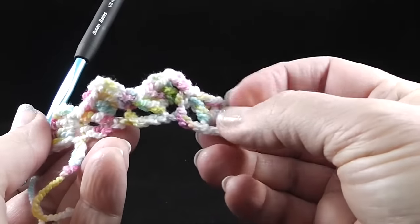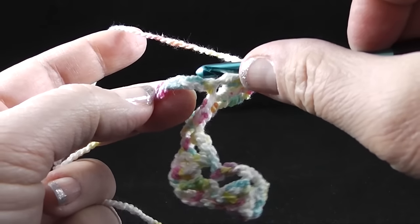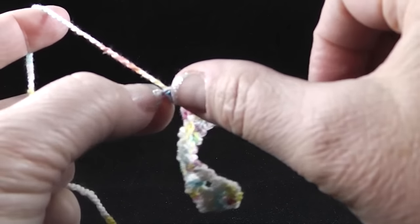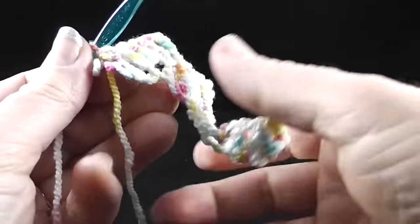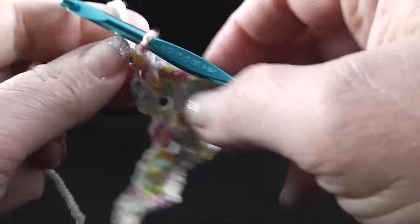So this is what you should have so far. Now we're going to skip the next 3 chains, 1, 2, 3, and we're just going to work a single crochet in that last chain. And that ends row 1, and that's what we should have. Now we're going to turn,